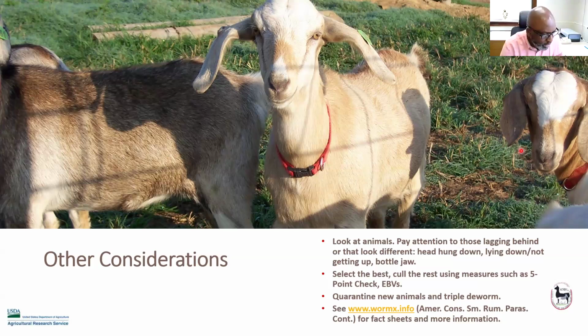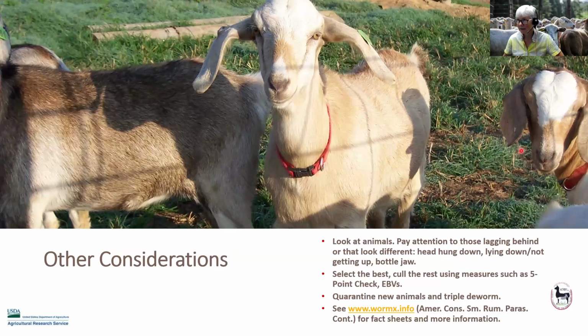Dr. Buck, do you want to speak to the multi-species grazing and how that helps with controlling internal parasites? Yeah, so the question is how effective is multi-species grazing. The literature is pretty mixed on it, and I don't know if it depends on the species. Let me first say sheep and goats are not considered multi-species grazing because they both have the same parasites. When we talk about multi-species grazing, it would be combining goats and cattle or sheep and horses, maybe even using poultry,